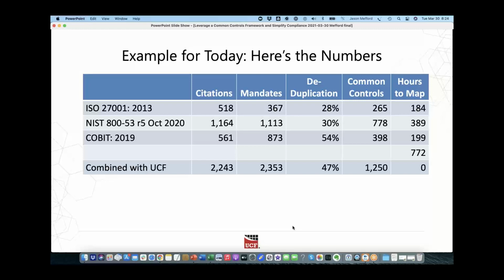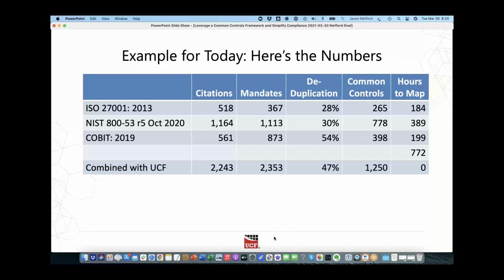From this slide, you can see how many citations are in each of those documents and how many mandates are in those documents. If you remember, a mandate means ISO 27001 is asking you to do 367 different things, okay? So when you add everything up, there's 2,353 different mandates or controls you are being asked to follow.